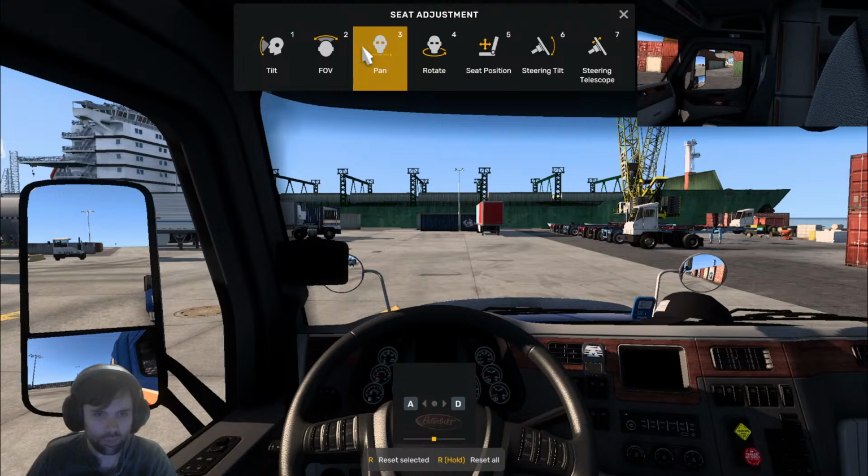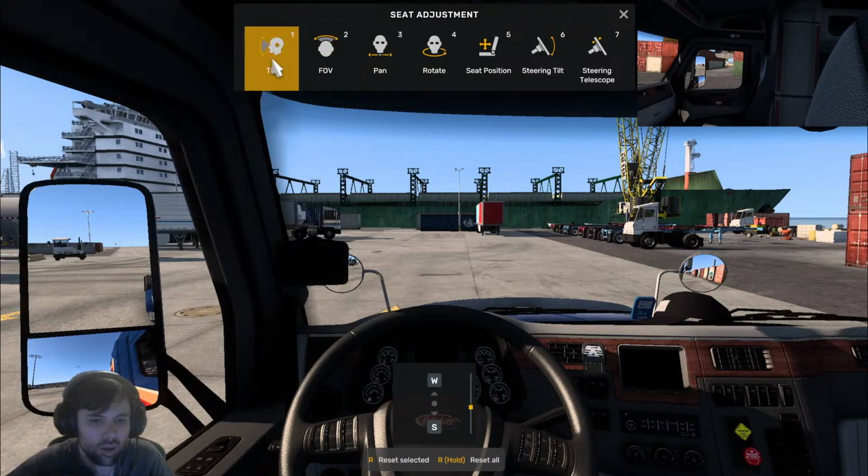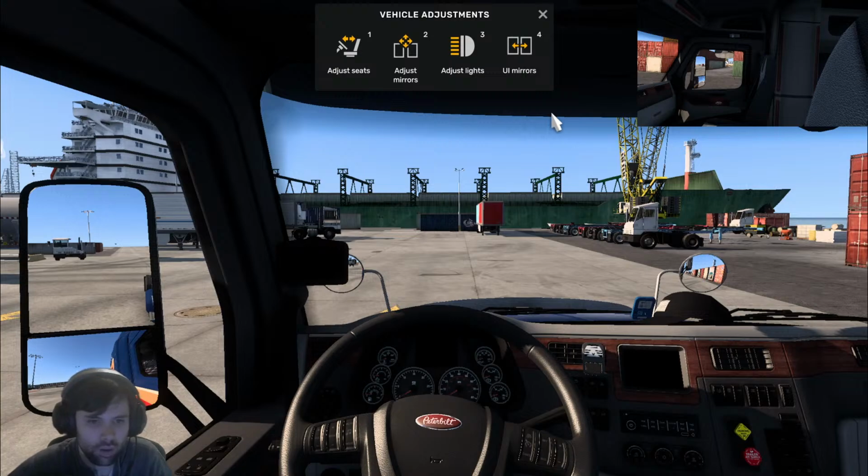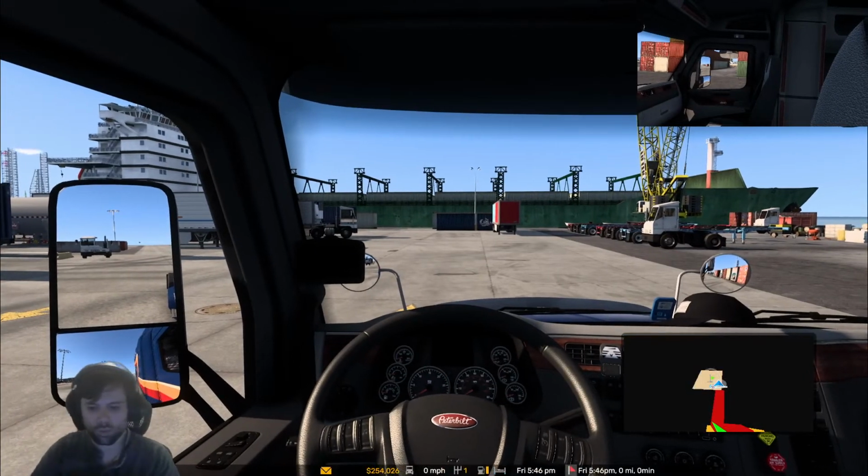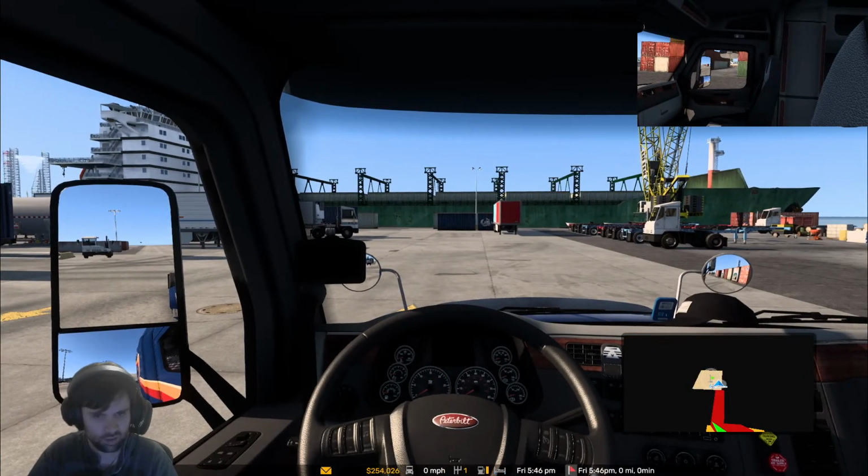Anyway, so I was working on moving the seat around. I think we're good on that. So yeah, I think that's just going to be how it's going to be. Moving it back a little bit helped. I like being able to see more of the wheel. Also, you will note I do have